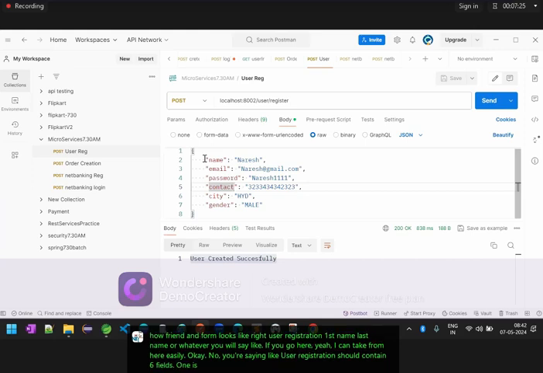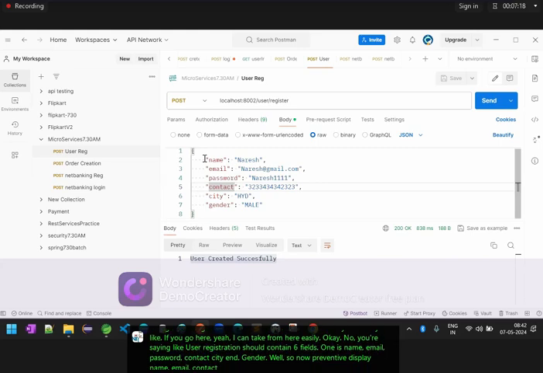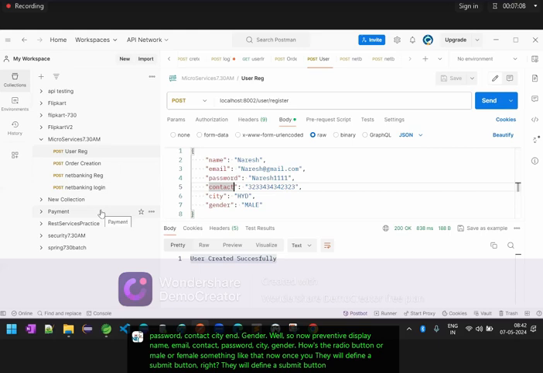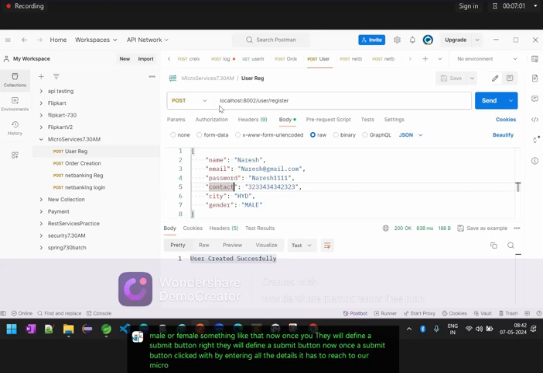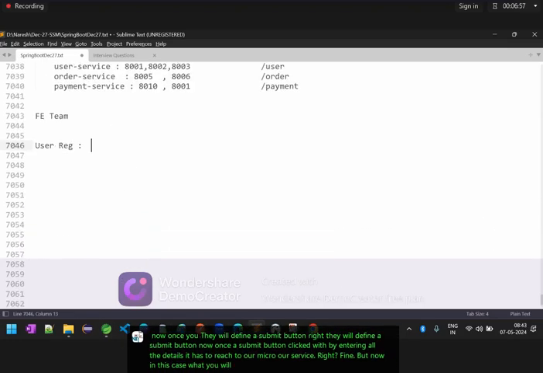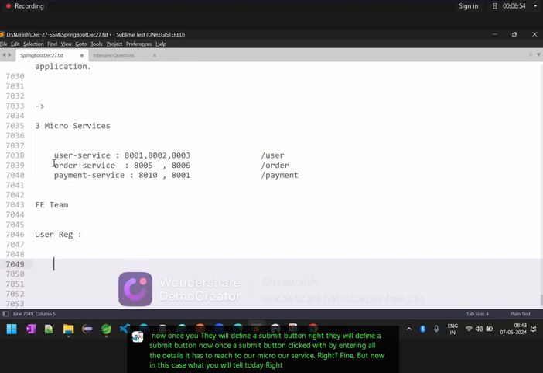One is name, email, password, contact, city, and gender value. So now the front-end team displayed name, email, contact, password, city, and gender as a radio button, male or female, something like that. Once they define a submit button, and the submit button is clicked after entering all the details, it has to reach our REST service app, right? Fine. But in this case, what will you tell the front-end team as a backend developer,